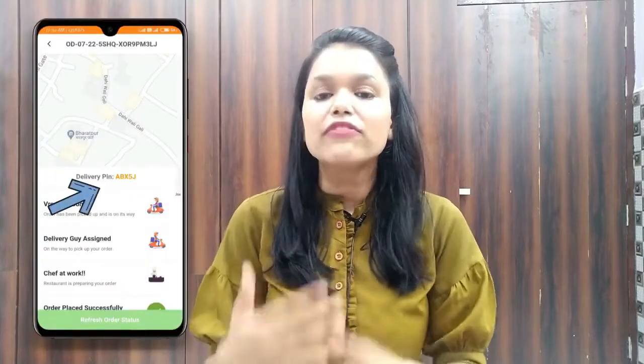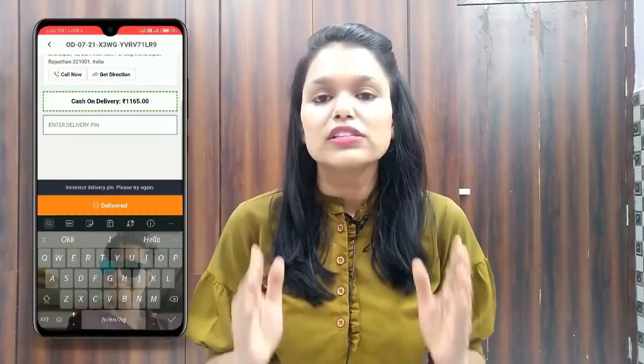So now let's assume the delivery man has reached the customer's place. So now the delivery man will need to click on deliver to complete the order. So now we have added an additional layer of security. We have added a 4-digit support pin. That means the customer will have a 4-digit support pin every time, new and updated and random. And they will need to give this 4-digit support pin to the delivery man to click on deliver.